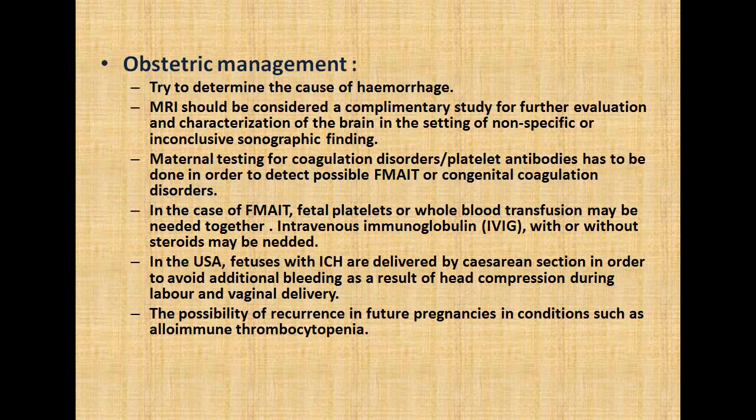Obstetric management. Try to determine the cause of hemorrhage. MRI should be considered as a complementary study for further evaluation and characterization of the brain in the setting of non-specific or inconclusive sonographic findings. Maternal testing for coagulation disorder and platelet antibodies should be done in order to detect possible fetal-maternal alloimmune thrombocytopenia or congenital coagulation disorders. In the case of